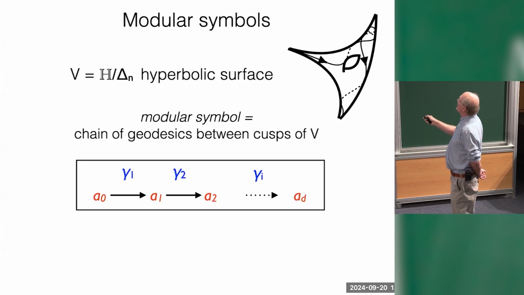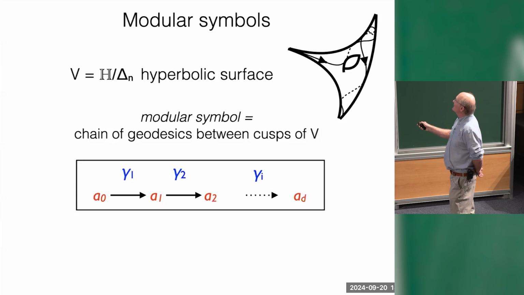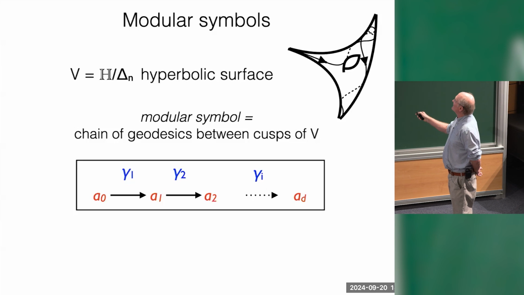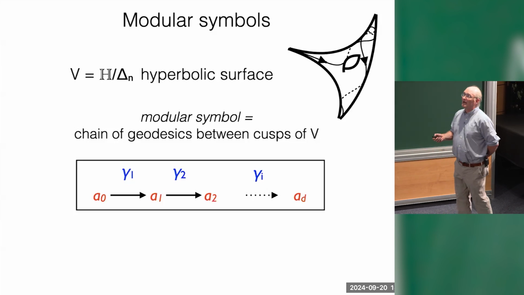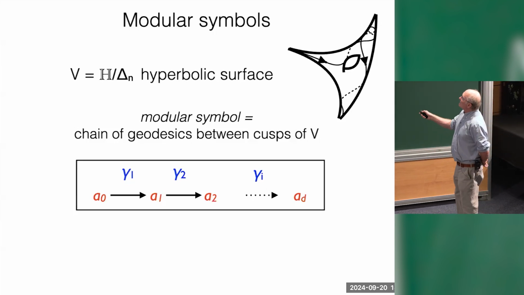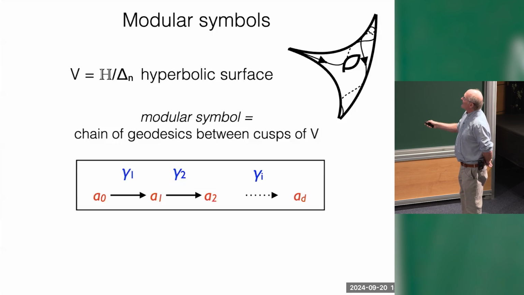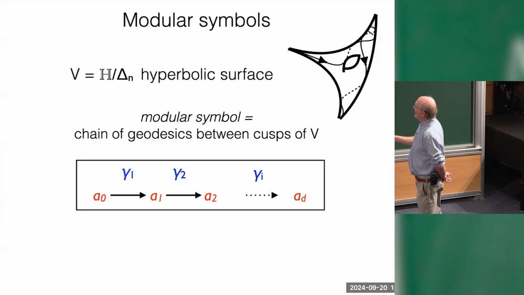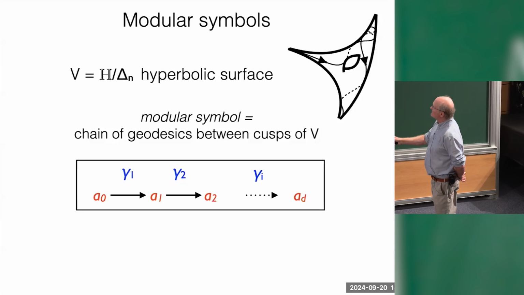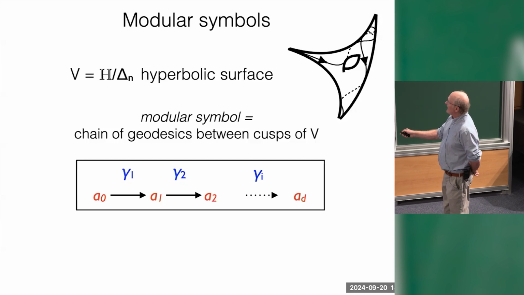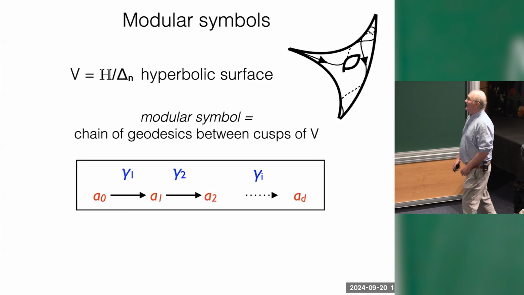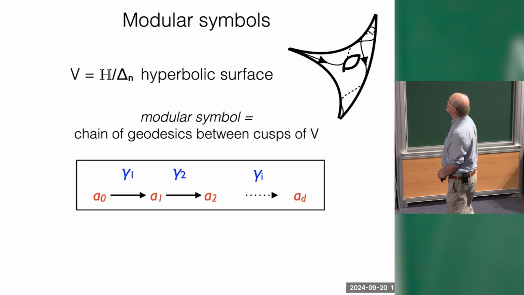So when you have a finite volume hyperbolic surface with cusps, there's lots of geodesics that start in a cusp, spin around, and then eventually exit a different cusp, or possibly the same cusp. And once you have one of those geodesics, why not start again in that cusp, re-enter the surface, go around, exit a different cusp. So you can sort of take the category generated with objects the cusps, with morphisms these chains of geodesics joining one cusp to the next. And that's what I call a modular symbol for this